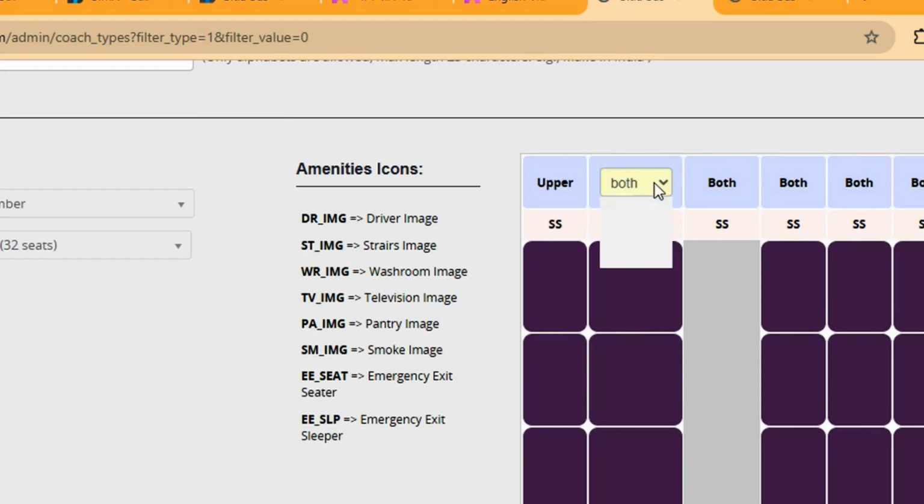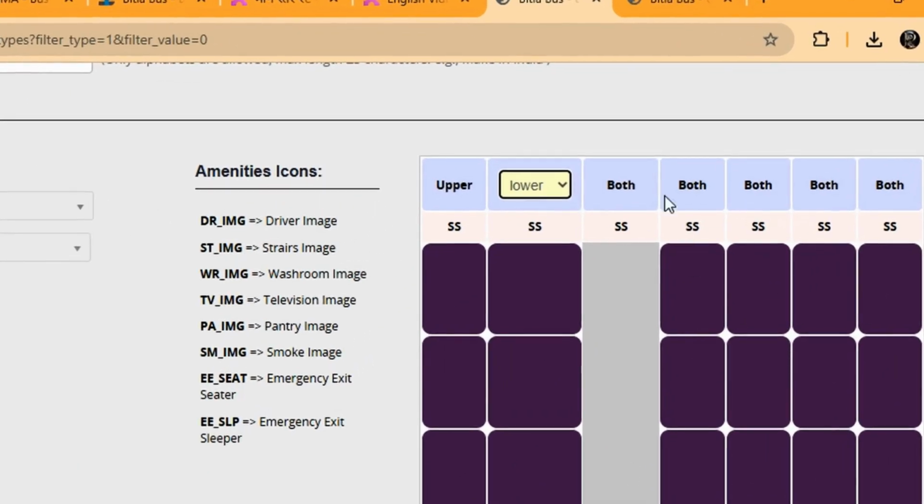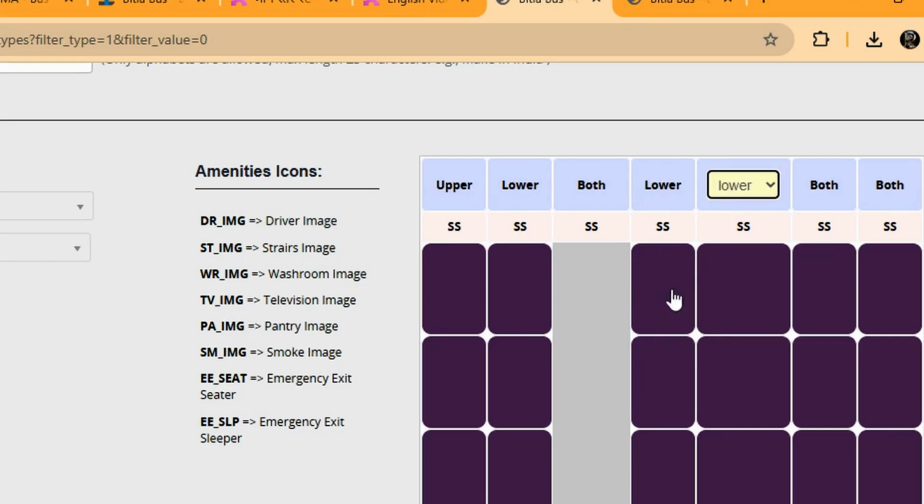This is the per month. This line is the lower part. The complete line above is the upper part. This entire line is the lower part. Then this is also the lower berth and this is a double lower bar. Both of these are double lower bars.